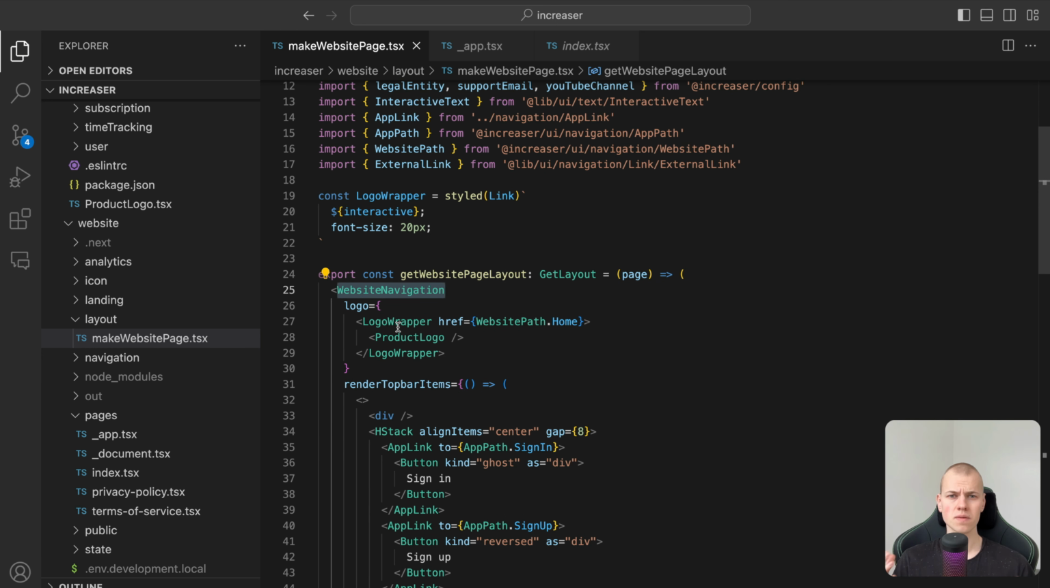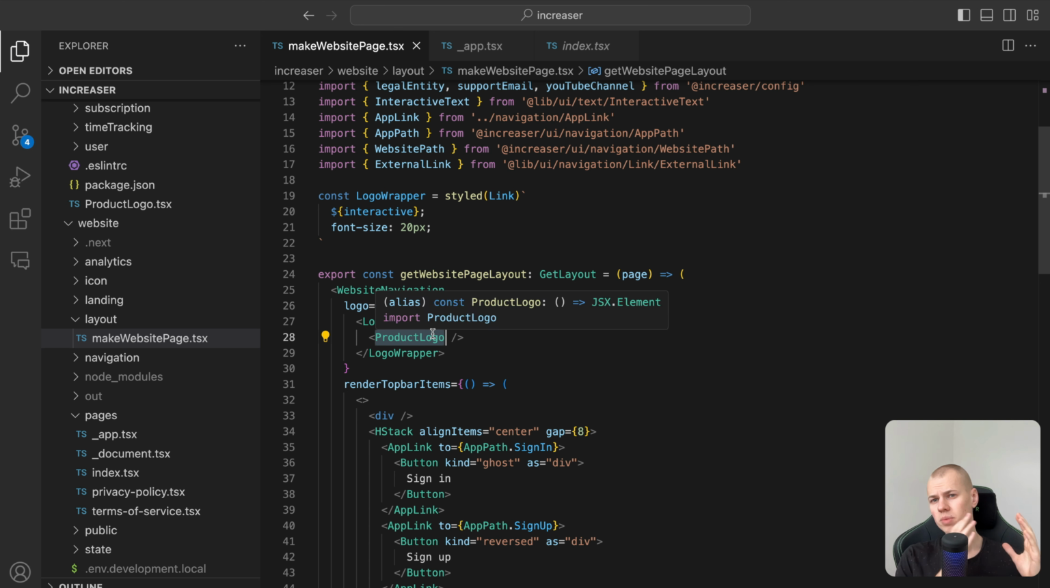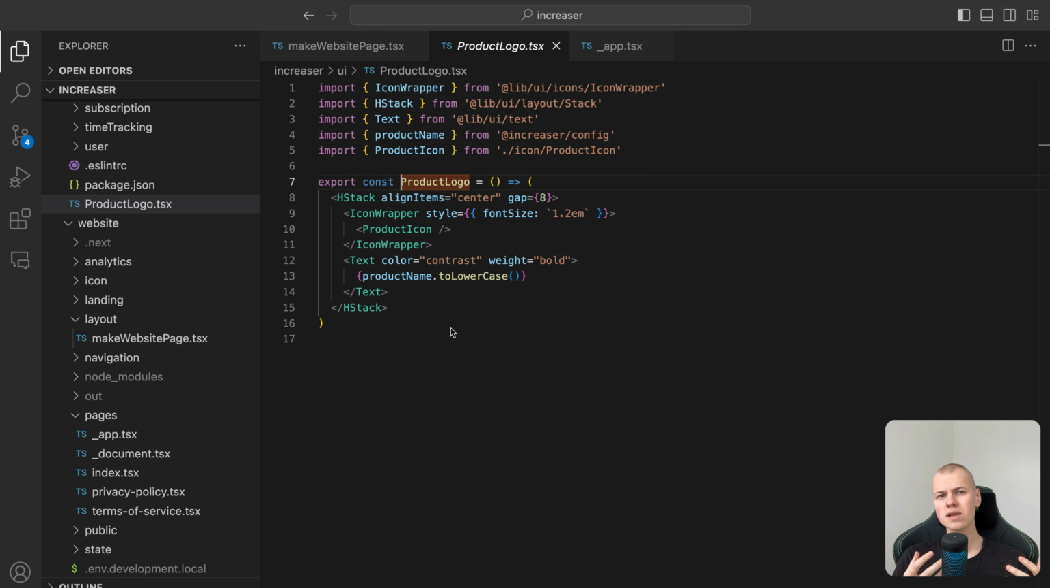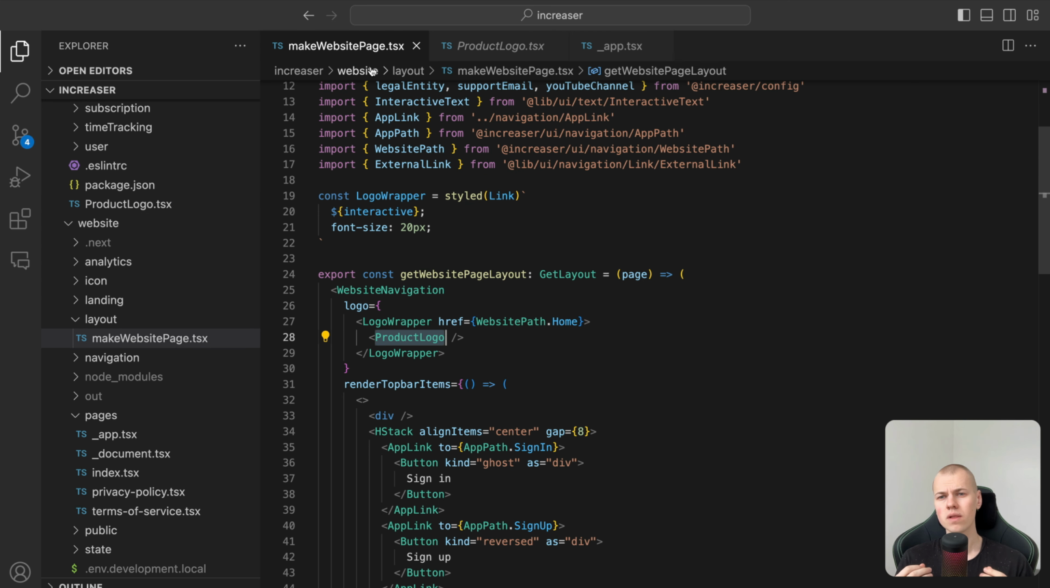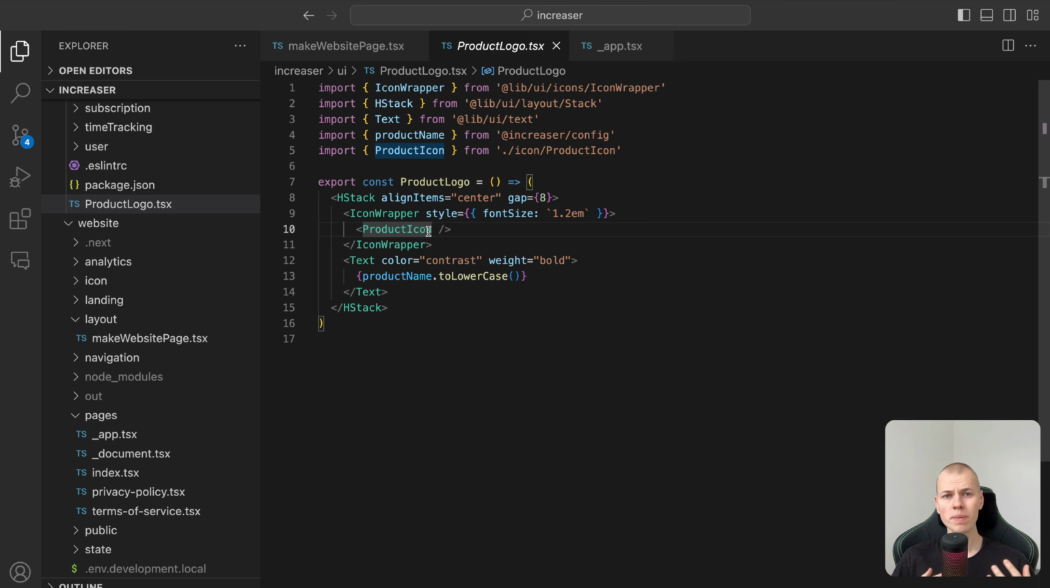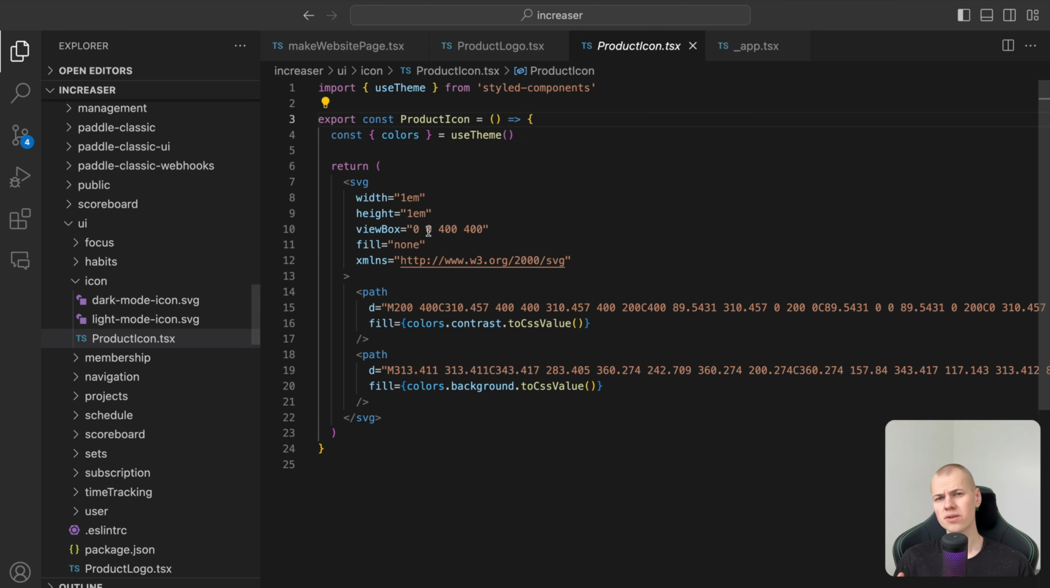Initially we need to pass the logo, which is positioned in the top left corner. Encased in a link, this logo redirects users to the homepage upon being clicked. The logo's design employs a flexbox layout, featuring an SVG on the left and the product name on the right. The app icon is maintained as a standard React component. Given its black and white design, I utilize the theme's color variables, enabling the logo to automatically adapt to both